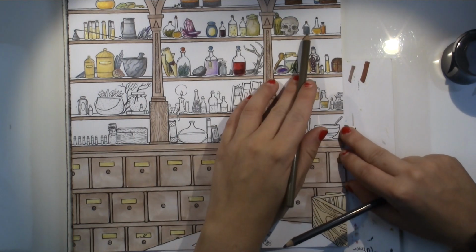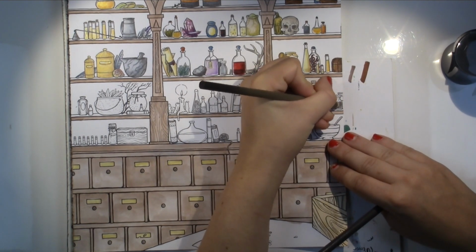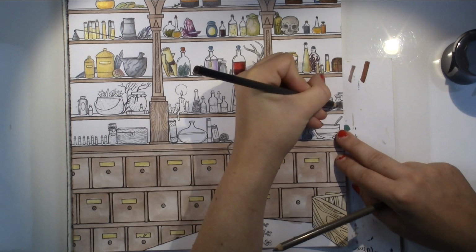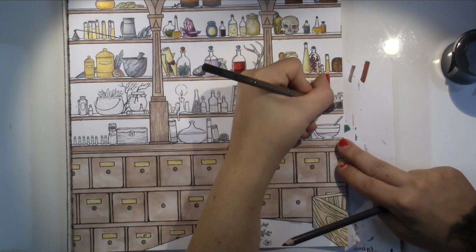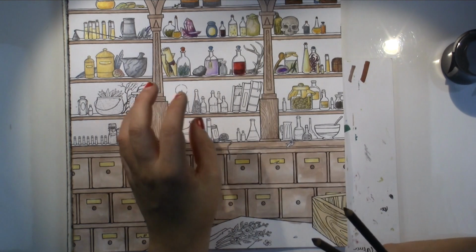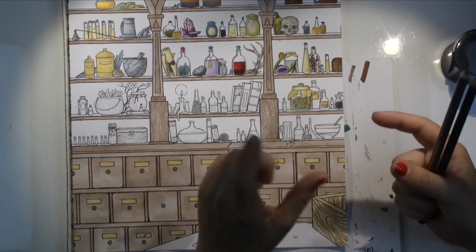There's another glass with a similar thing in there, at least when it comes to the line work. But I'm not gonna color it the same way. I'm just gonna go for the gray that I do have in my hand, and I will use the espresso on top. Maybe a little more here of that lighter tone. There we go. And you can see I don't color to the edges of the jars or the bottles, because in some of these bits there's like a highlight or a reflection, and I do want to keep that white for now. So when I color my background, I can bring the two together,